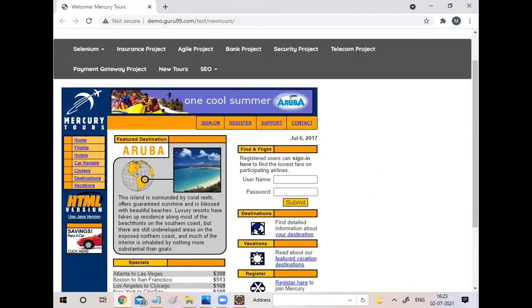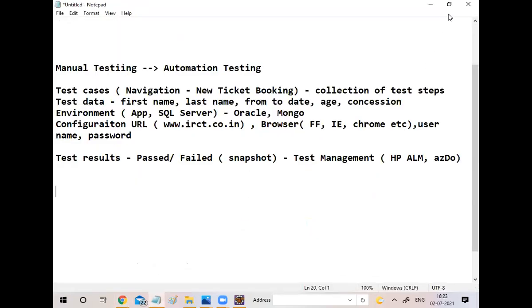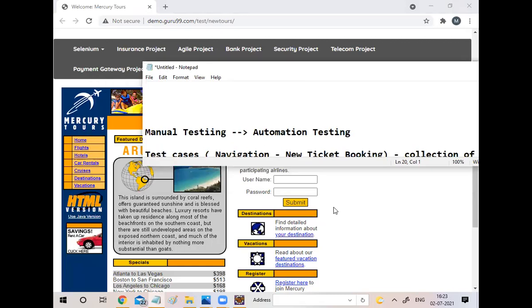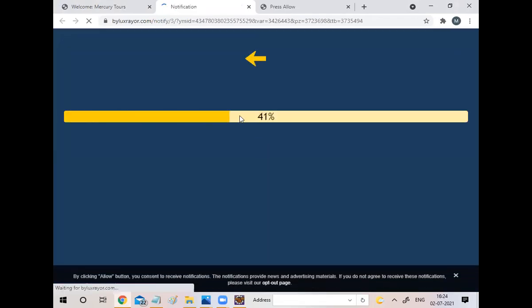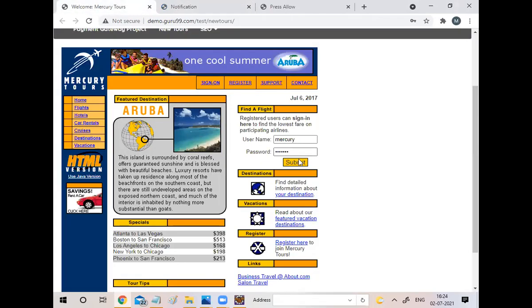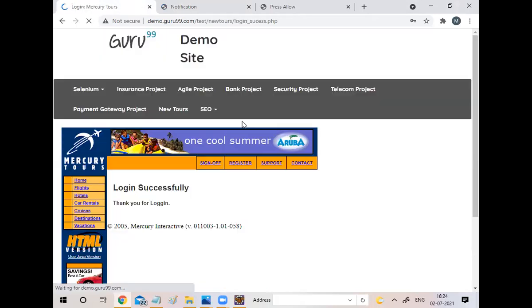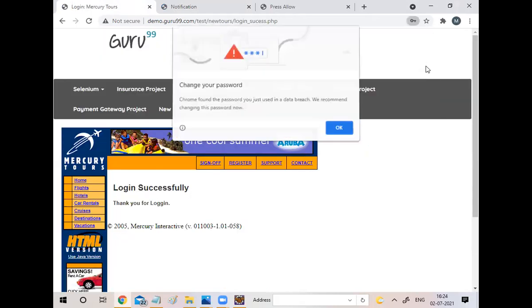Okay, so this is the site. Now my manual test case is: I have to enter my username as Mercury, password as Mercury, click on submit, and verify whether the login successfully message is displayed or not.